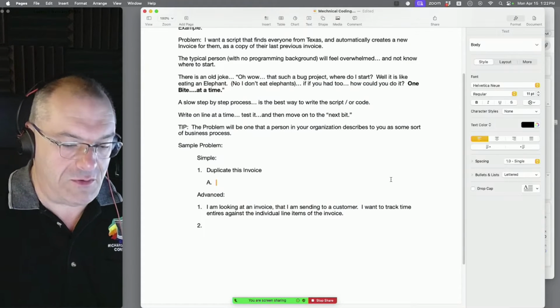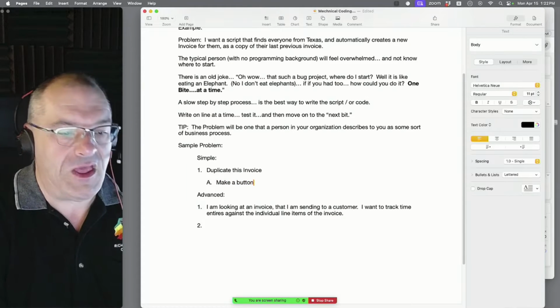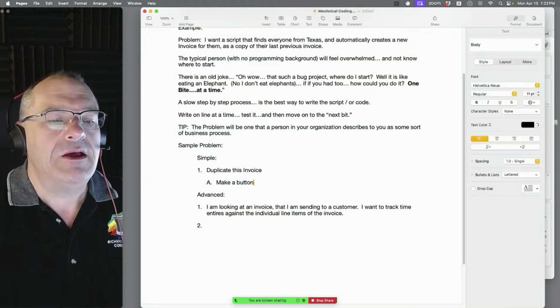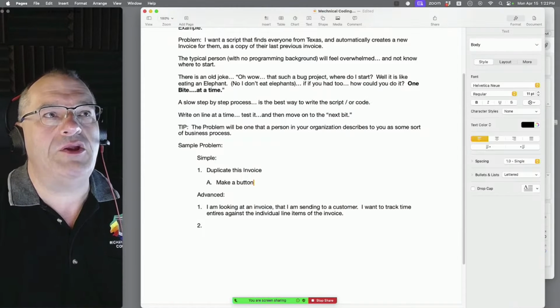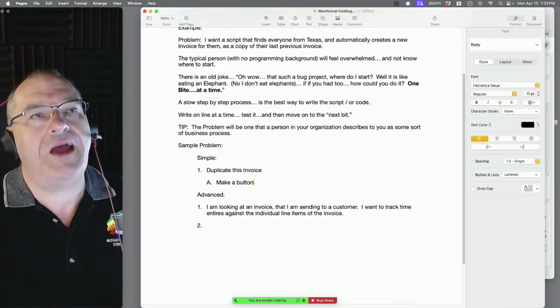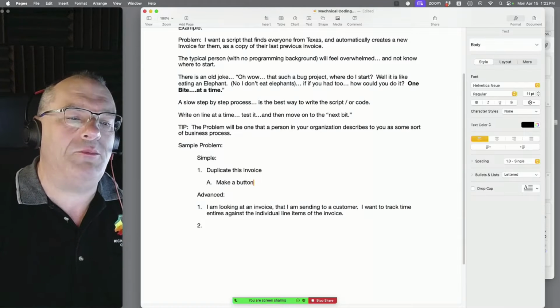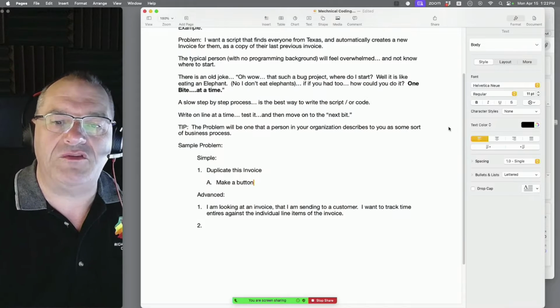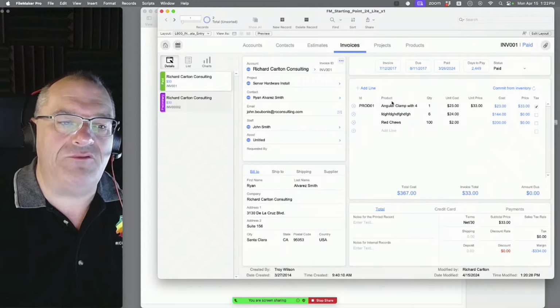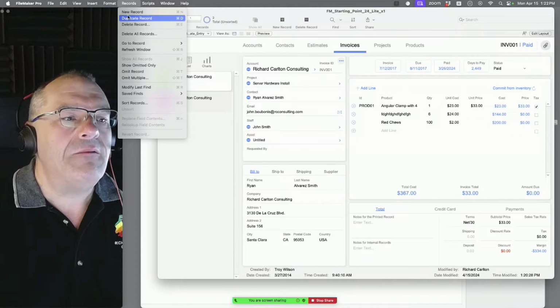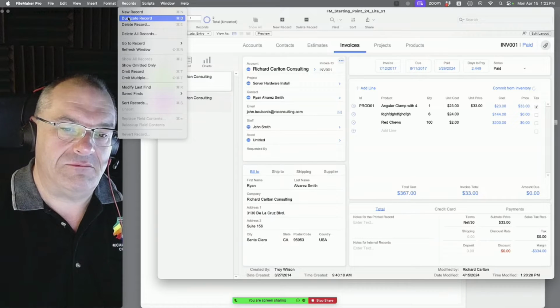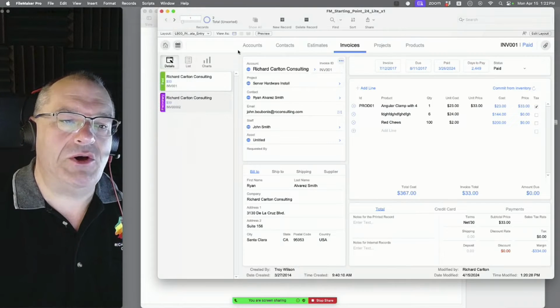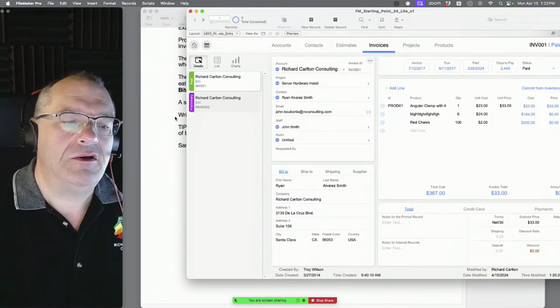So first thing we need to do is make a button, okay? The button will do a script. But when we have a brand new person, I understand that from the programming standpoint, but let's talk about if you're telling someone at the office how to duplicate an invoice, because clearly going to the invoice and telling it to duplicate here doesn't meet our needs, right? So how would we solve this?